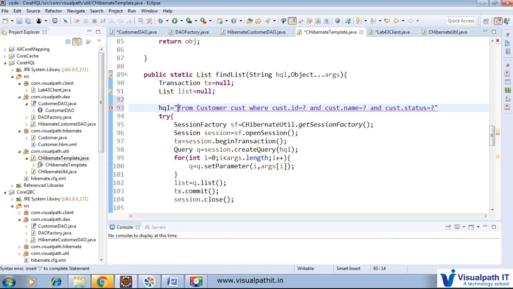So what we will do is write these three parameters. First, ID equal to something. We will create one object array, obj, and push a new object with all the record values: ID like 101, customer name like Amit, and status is active.